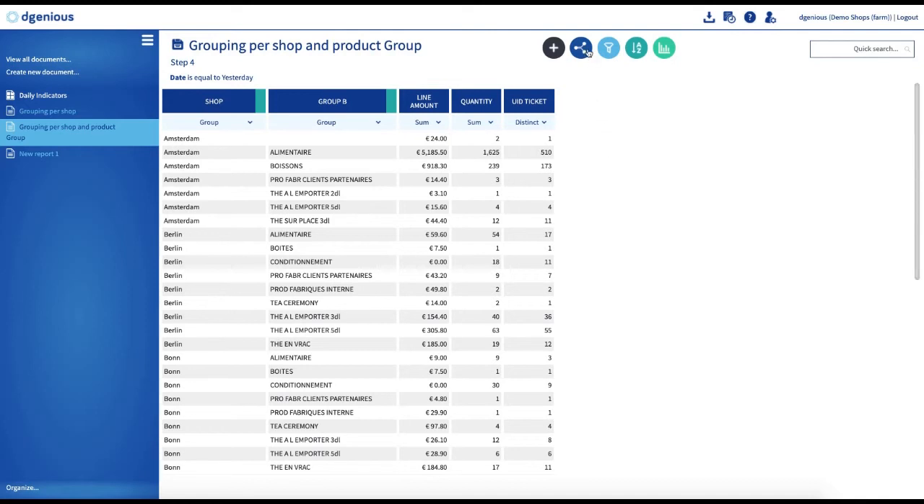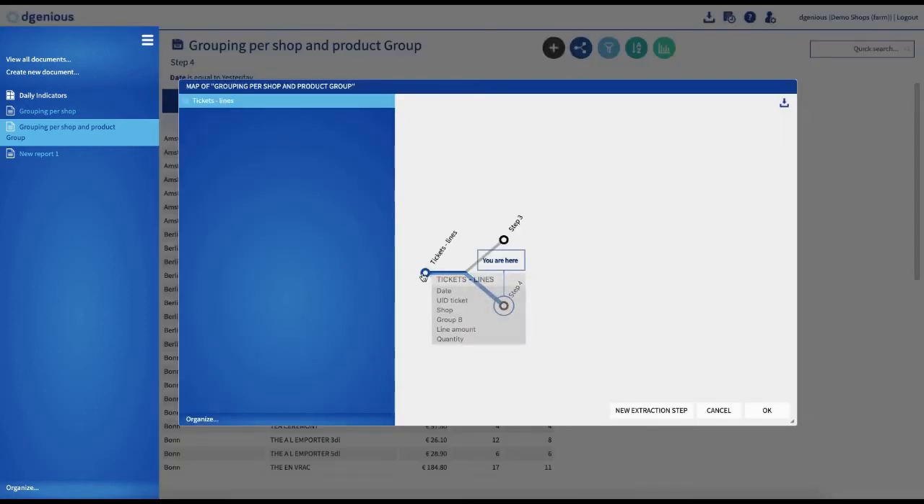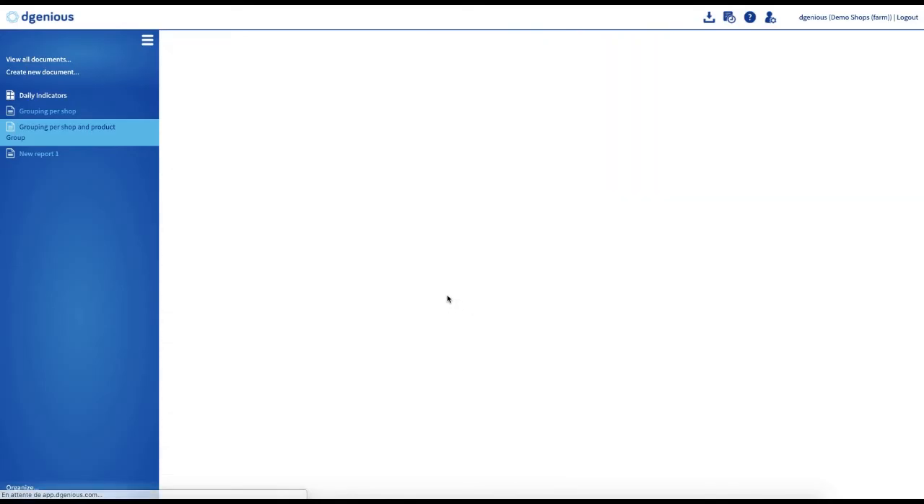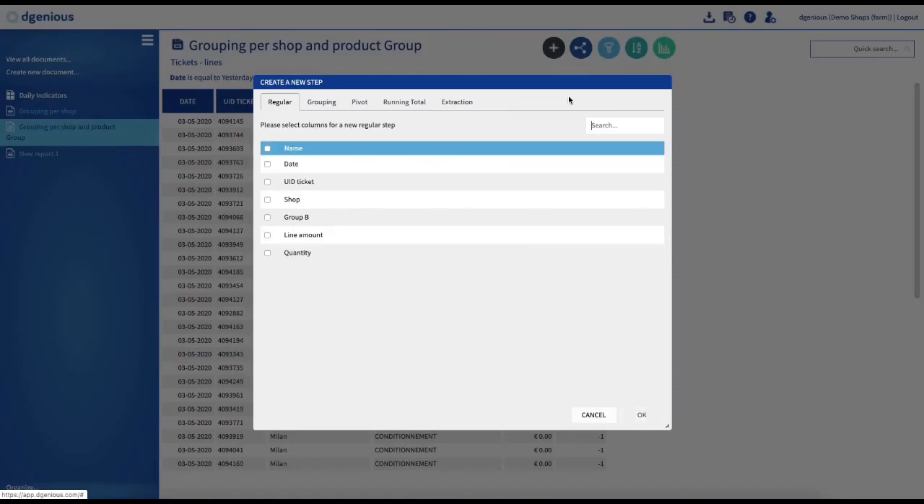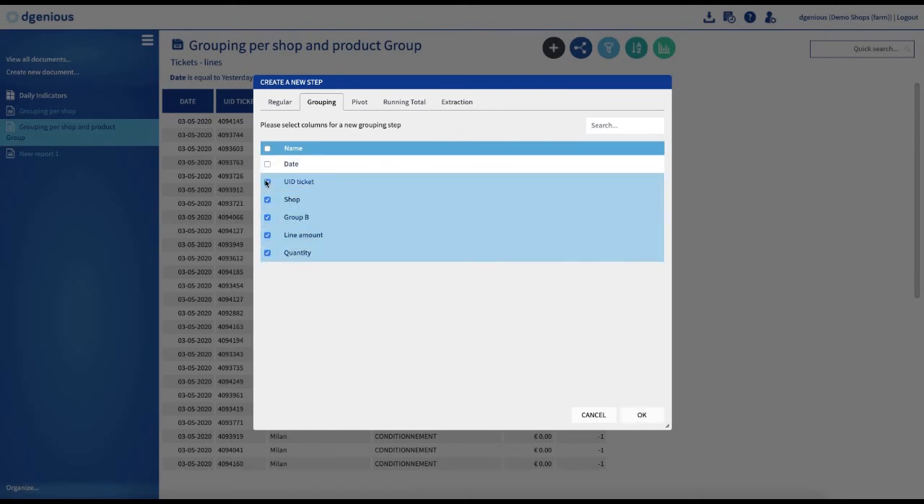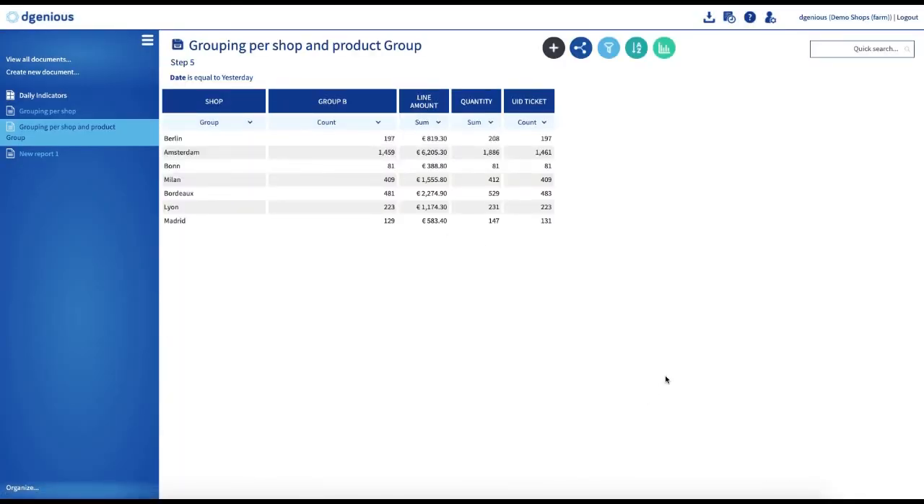So we go to the extraction step, so click on the metro map, go to the first step, and now here you can see that I have an extraction with the shop, the article group, the line amount, the quantity, and the ticket ID. So to do the grouping, you need to add another step. So click on the plus, select step, and then select the grouping tab, and then we're going to select the items we want to see, which is the shop, the article group, the line amount, the quantity, and the ticket ID. And then we click OK, and the system comes up with the grouping, and it is always proposing some